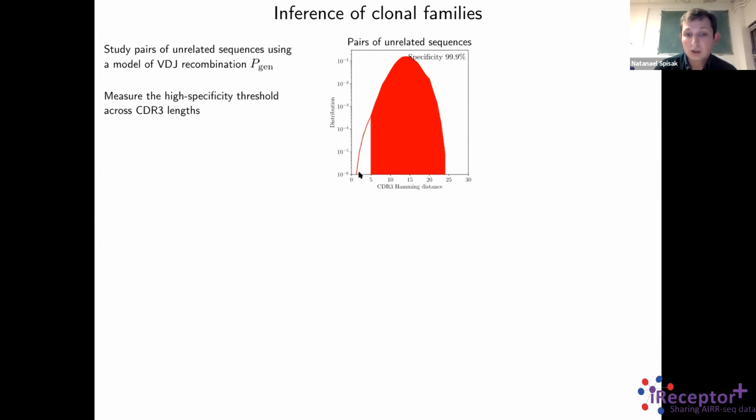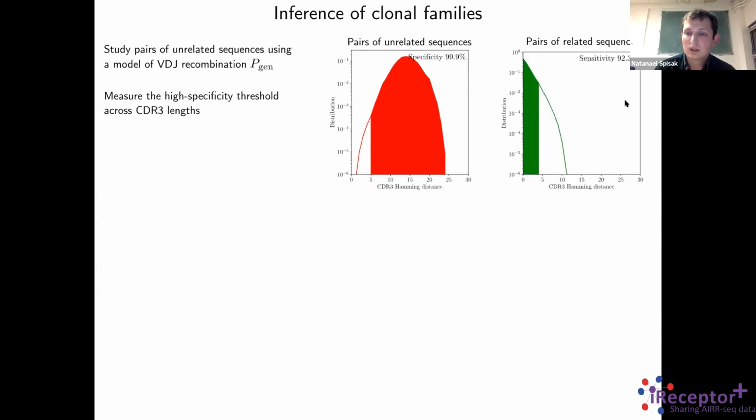And in particular, the idea would be that if we join together sequences that are closer than 5 mutations away, or 5 substitutions away in the CDR3, we would get a partition to clonal families characterized by high specificity. Of course, choosing such thresholds translates to a given sensitivity, because the closer we are to 0, the more conservative we are in our choice of threshold, the less of the signal that's present in the data we can recover. So what we did is we measured where this high specificity threshold should be across different CDR3